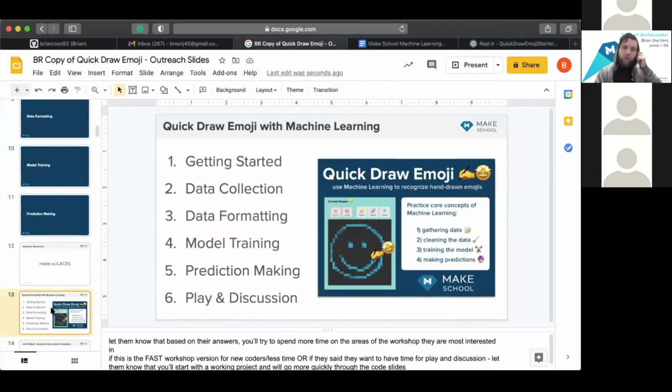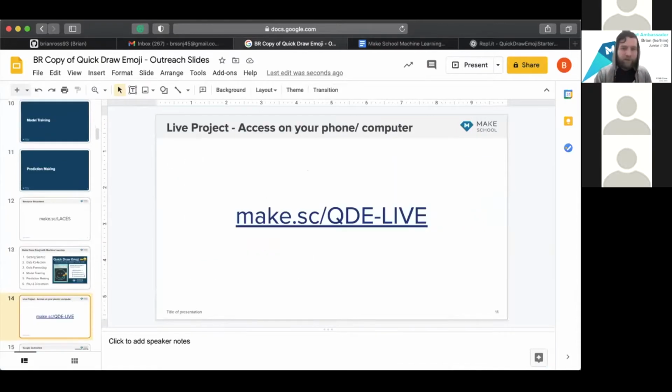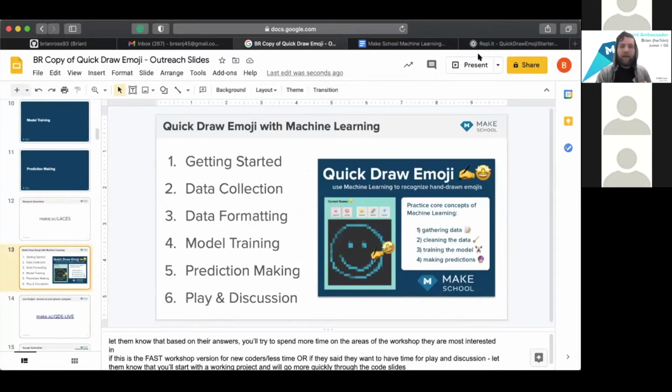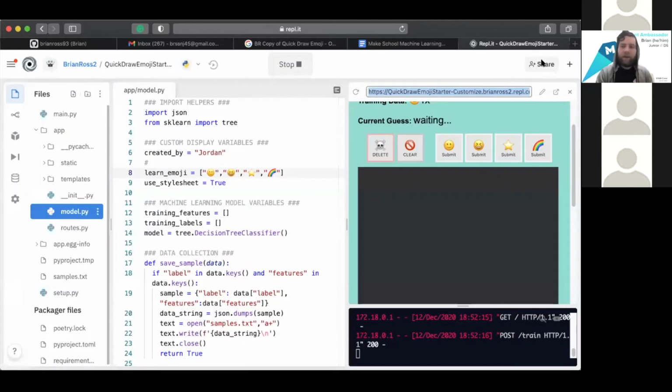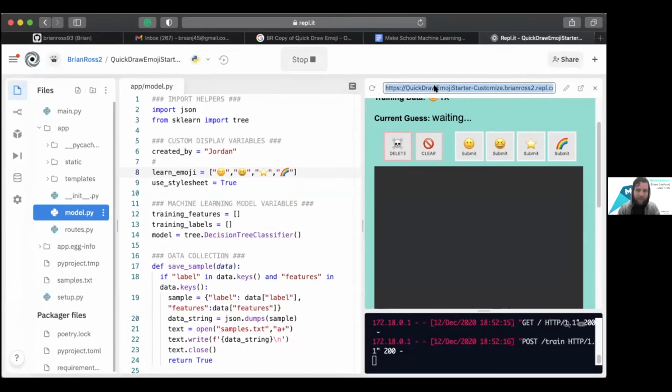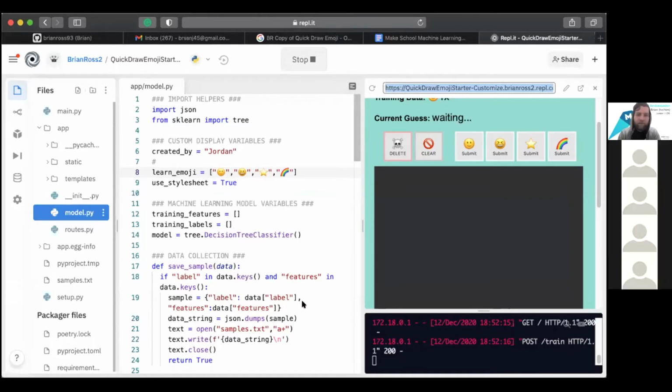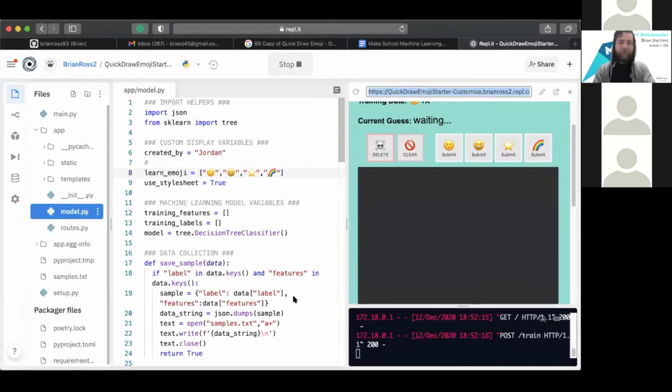The one that I really want you to pay attention to first is this link right here. We're going to be going on Replit. Let me know in the chat, have you been on Replit before? Is this anyone's first time on Replit? Probably not, right? You probably used it a few times today. No, not your first time. Not my first time either. And if it is your first time, no problem at all. It's going to be very exciting.